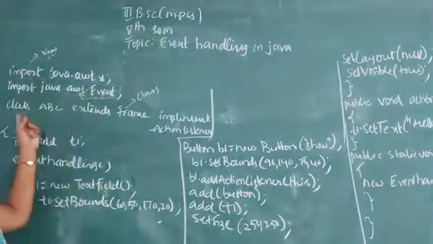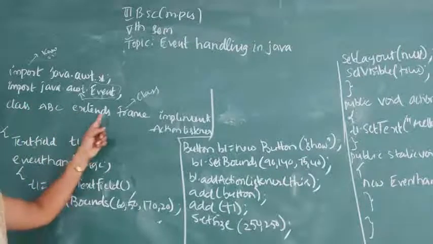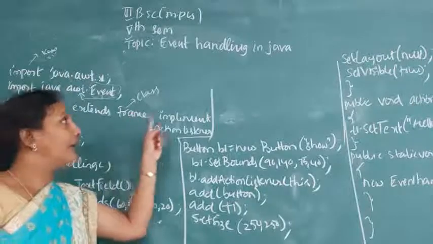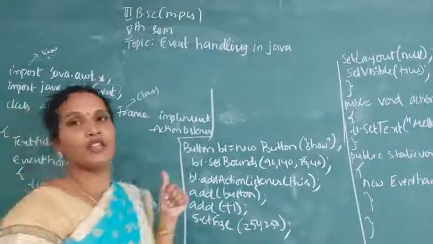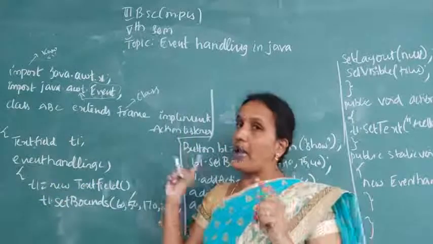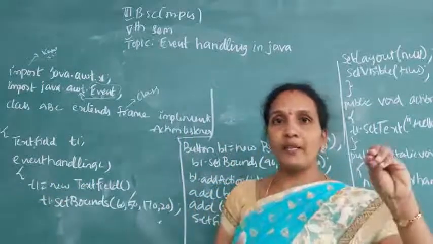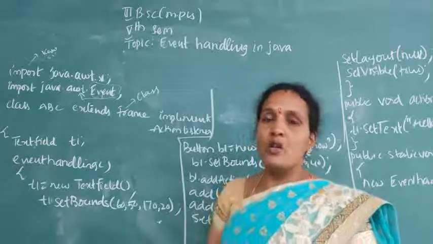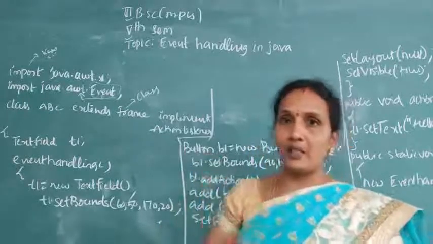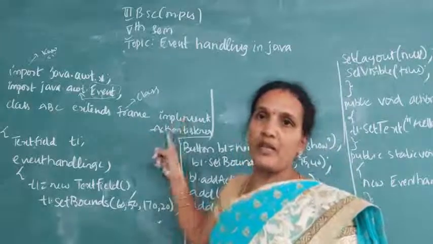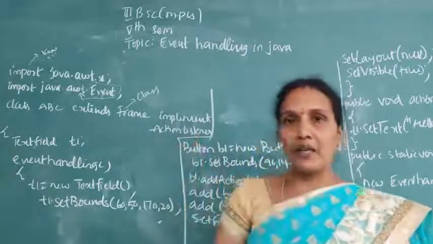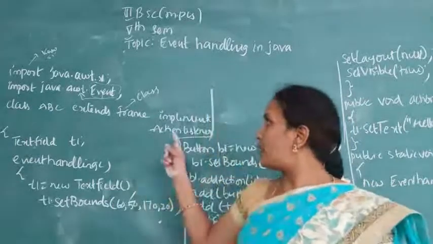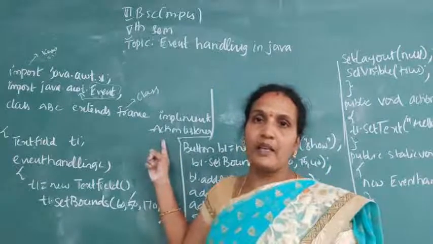So, class ABC extends Frame class. It is a parent class, meaning we are taking some methods from this class. And next we are implementing ActionListener. Already I explained the ActionListener interface. Whenever you press a button, that button should perform some action. So whenever you are dealing with buttons, you need to implement the ActionListener. Pressing the button is an event, and in order to handle that event, you need to implement the listener.